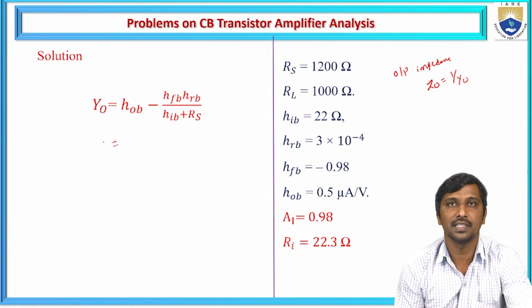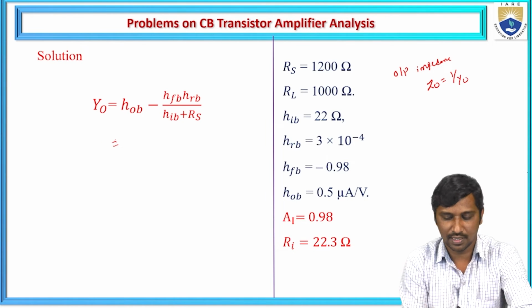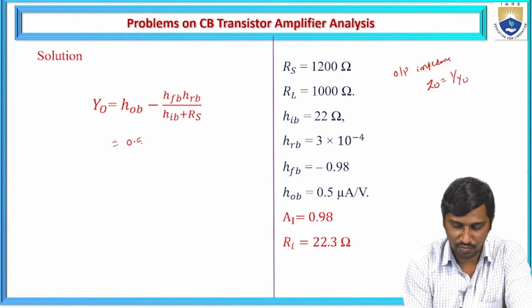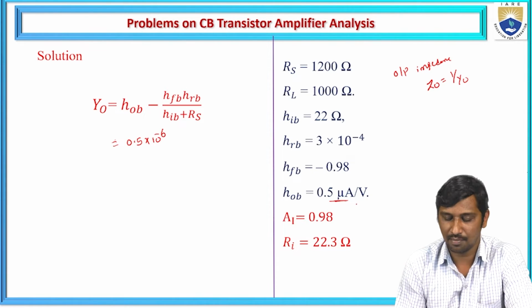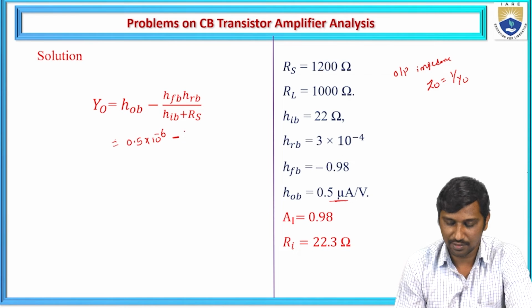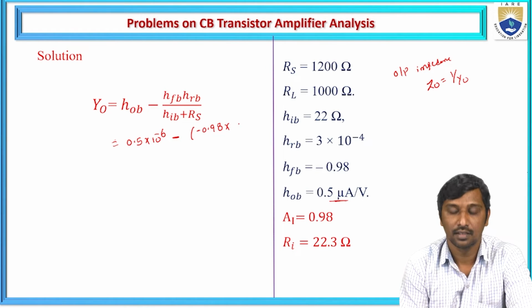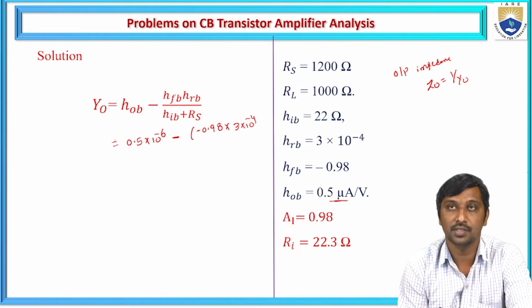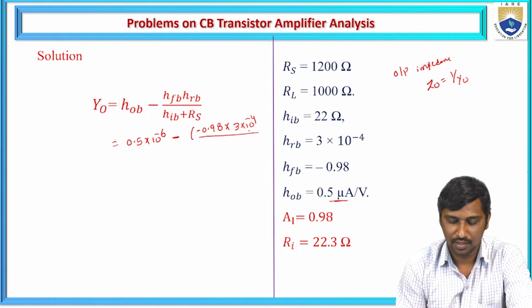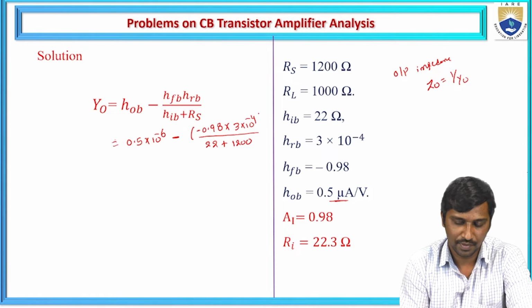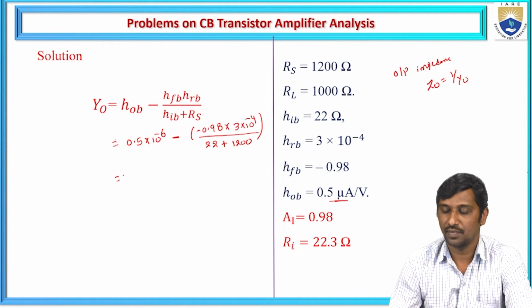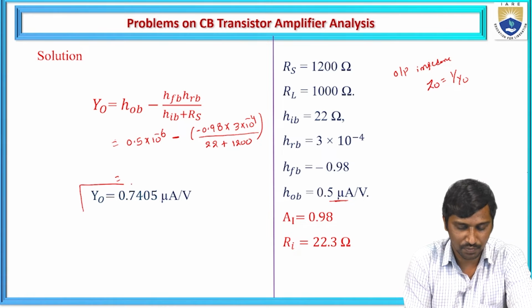Now you can substitute the given specifications here. HOB is 0.5 microamperes, micro means 10 to the power of minus 6, that is ampere per volt, minus HFB they gave as minus 0.98, into the reverse voltage gain HRB, which is 3 into 10 to the power of minus 4, divided by HIB, which is 22 ohms, plus RS, which is 1200 ohms. Then you can simplify this one. Then it gives that Y0 is equal to